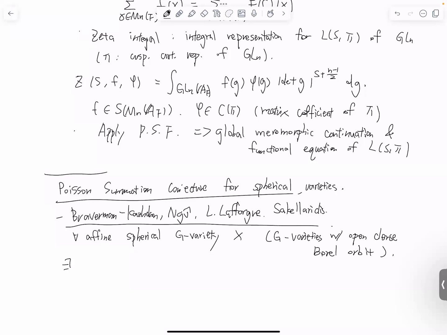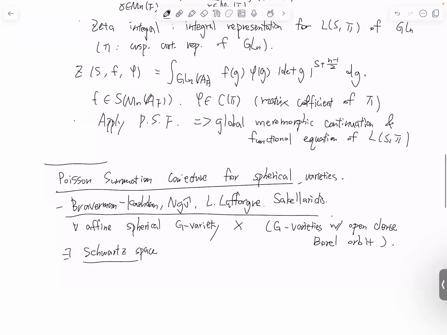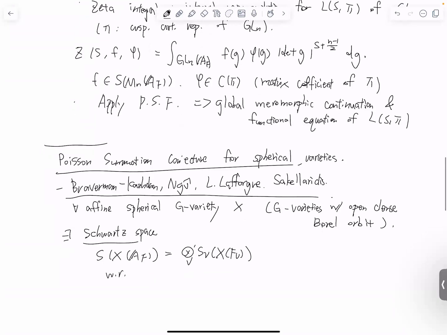And for any spherical varieties, there should also be a Schwartz space, just generalizing the vector space cases. S(X, A_F) should also decompose into the local pieces, which is a product over, sorry, S(X, F_v), the local field, with respect to basic functions b_v in the local Schwartz space